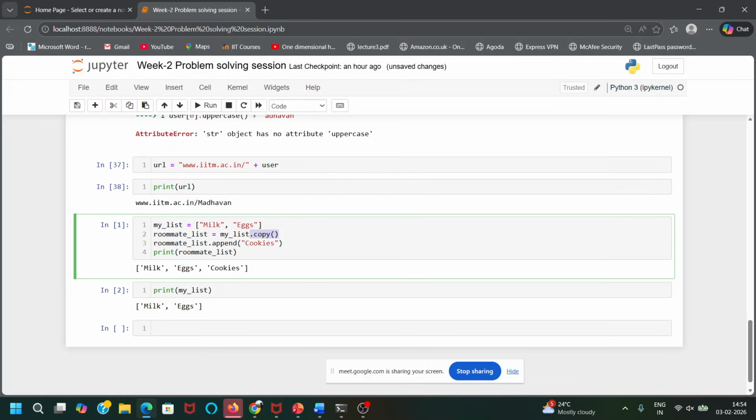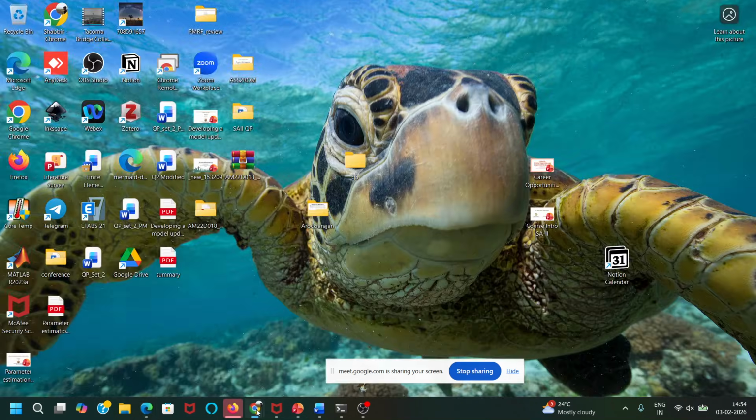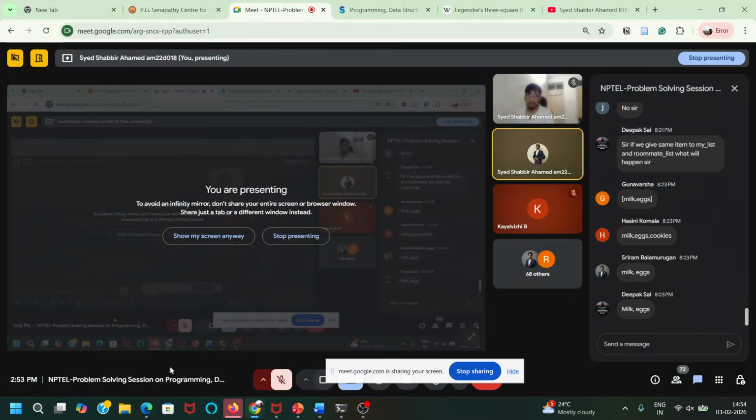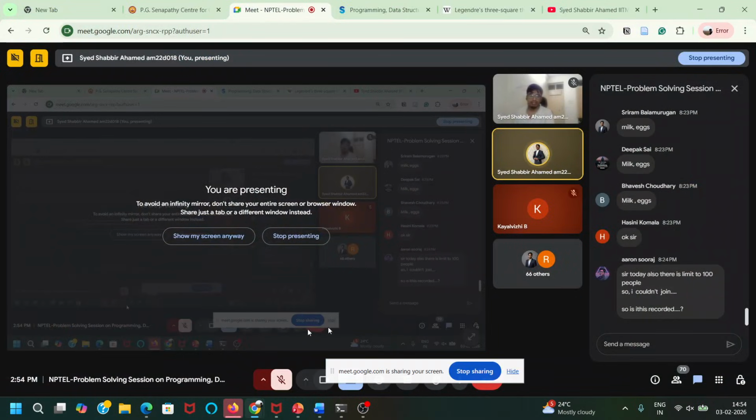When you do shallow copying, if you change one list, the other list will also change. When you do deep copy, it will go to a different compartment, and the two lists will be stored in different compartments. So if you change one, the other will not change. You have to be careful about doing these operations.